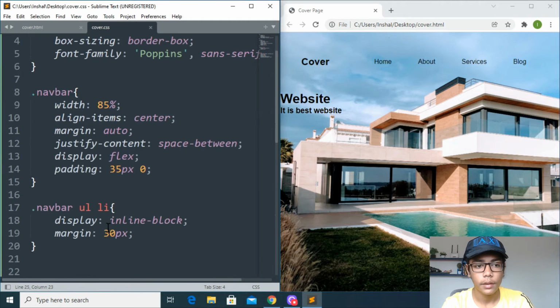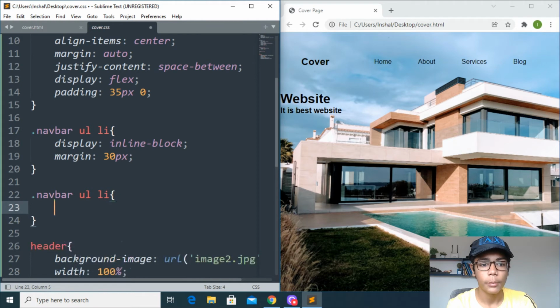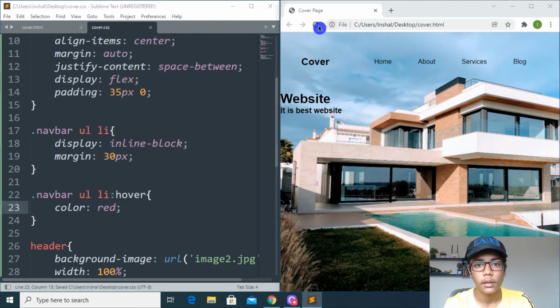Now we have to give the hover effect here. I will be writing, like we have copied this thing, so I will be copying that again and pasting it here. You can see we have pasted and it is looking good. Here I will be moving, and you have to take care about one thing: write hover here by writing this thing. I will be giving the hover effect of color, and you can just give it red. If I save here and refresh that, you can see we are getting a hover effect, but it is not really a good hover effect.